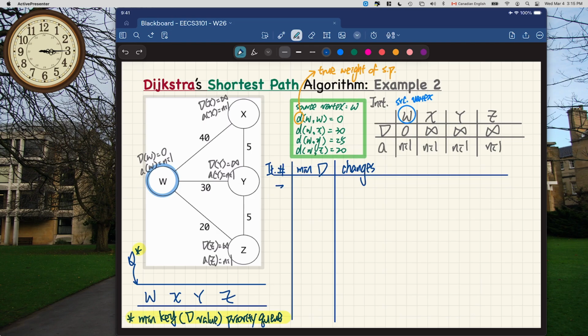Iteration number 1. The minimum D value, the D of W. We're going to choose W because D of W is 0. Okay, so we choose W first. And then